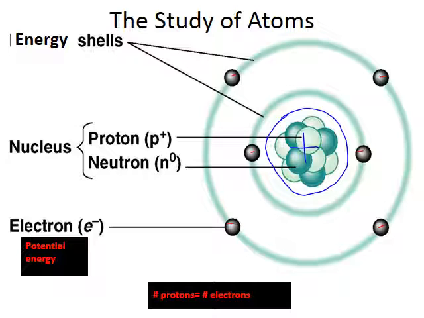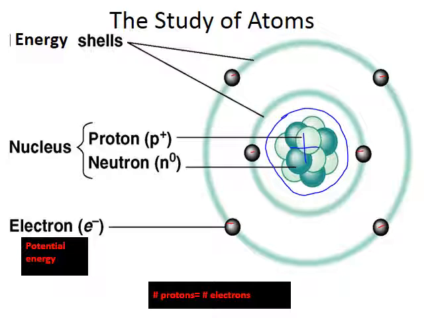So we have this positively charged nucleus in the middle, these huge protons and neutrons, and this model here is not to scale because the electrons are actually very, very tiny. They're actually 1/2000th the size of a proton or a neutron, but they move around. If you think about this atom as having a certain amount of space, the space the atom takes up is like a huge yard. The electrons will roam around in this huge yard. Even though they're really tiny, they're going to move around huge areas around the atom. And actually, most of the space that's occupied by the atom is where the electrons roam around, in these different clouds around there.